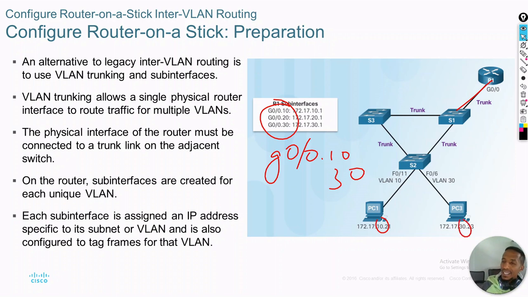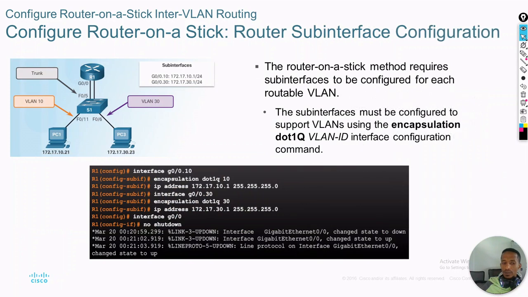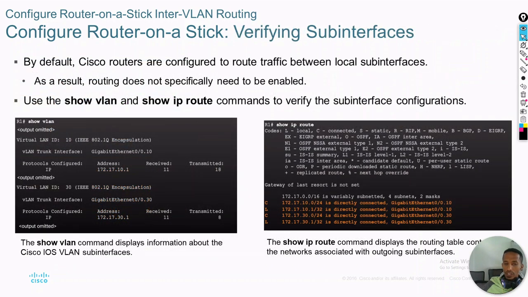So a single cable will be subdivided. It's like subdividing a single path into three lanes. This is what we call configuring router on a stick. You can see this is dot 10, this is one of them, so this is subdividing a single configuration into